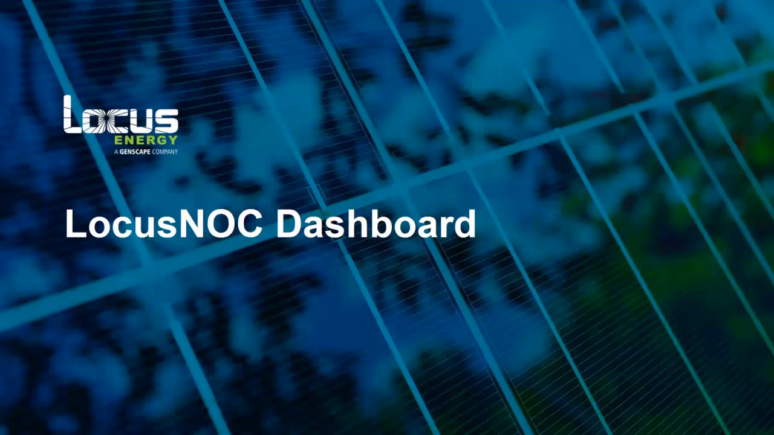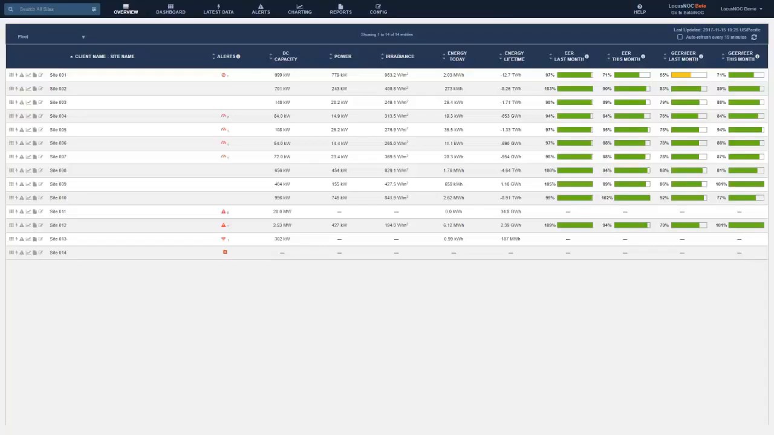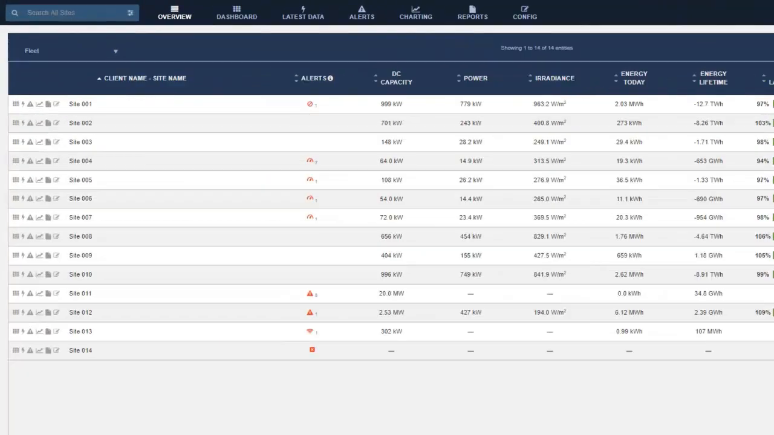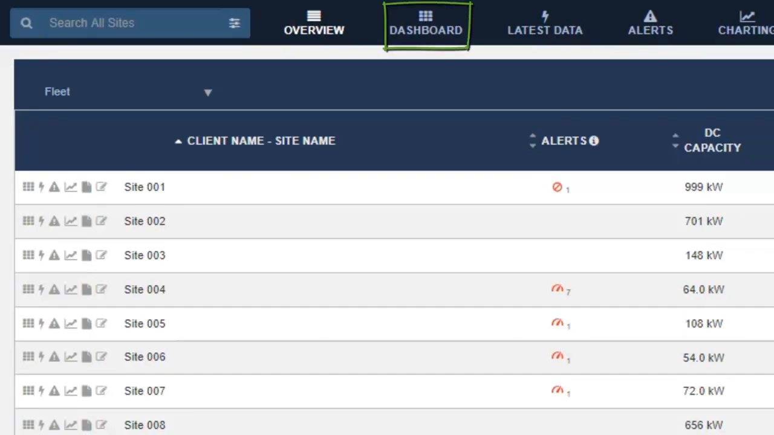Welcome to the LocusNOC Dashboard page. The dashboard page provides customizable displays that allow for quick analysis of an entire fleet, group, portfolio, or an individual site. This video will give you an introduction to the dashboard feature, including available default dashboards, as well as an overview of dashboard customization. Navigate to the dashboard by selecting the icon from the top header from any page in